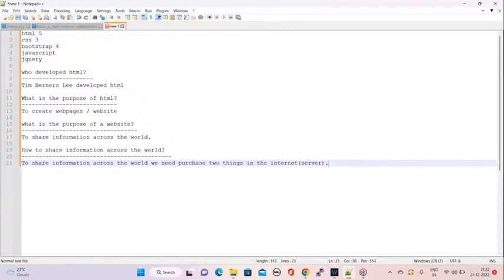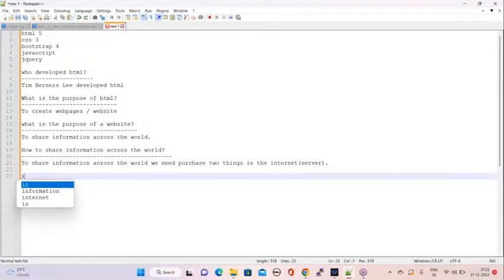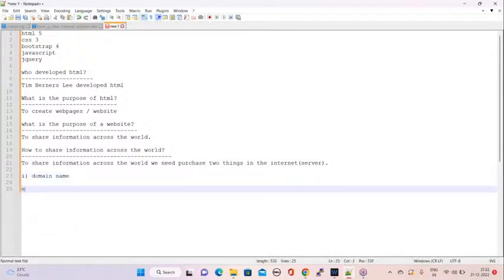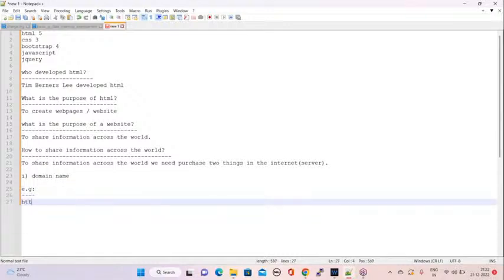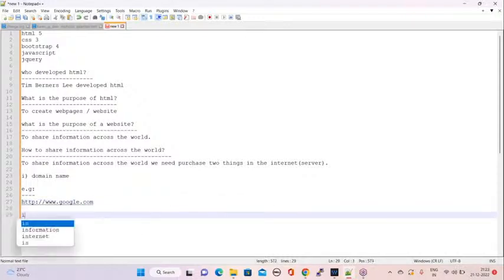One is domain name. For example, http colon www.google.com. This is the domain name. Okay, right. Then after hosting space,